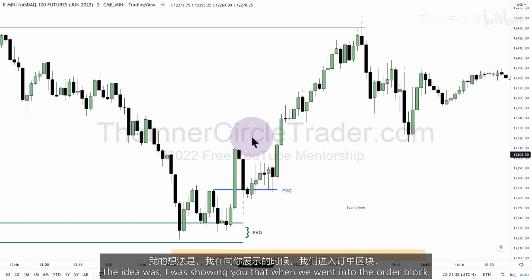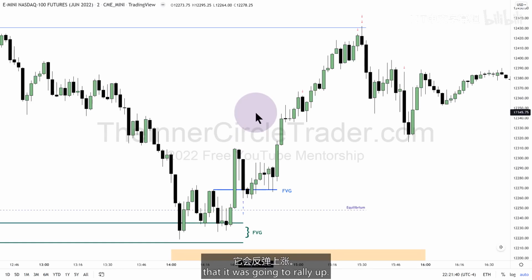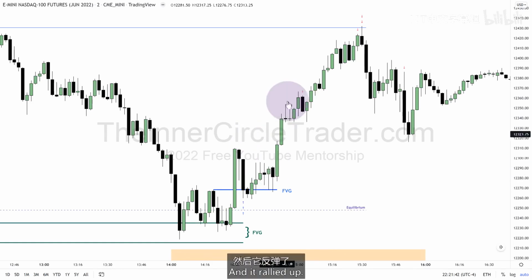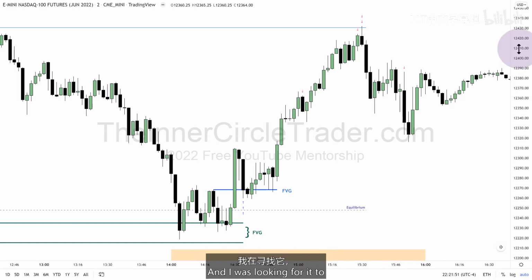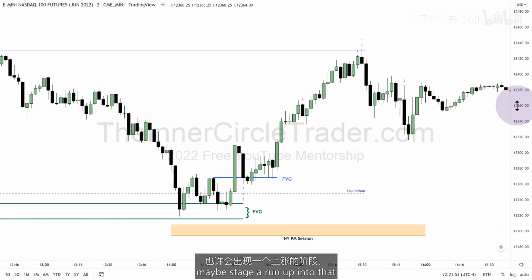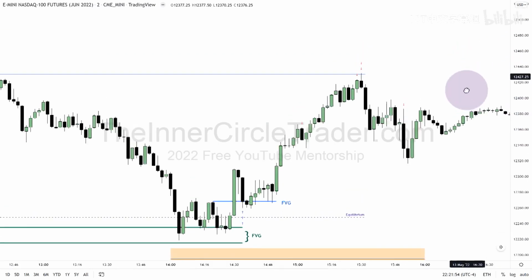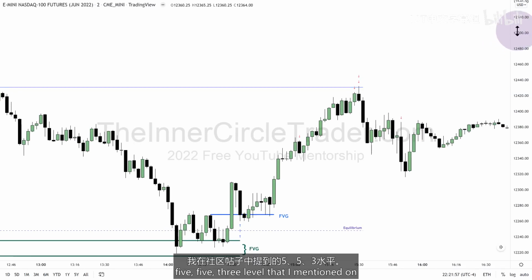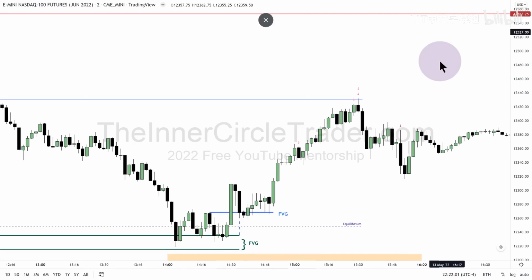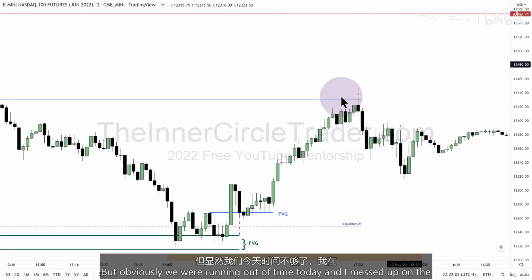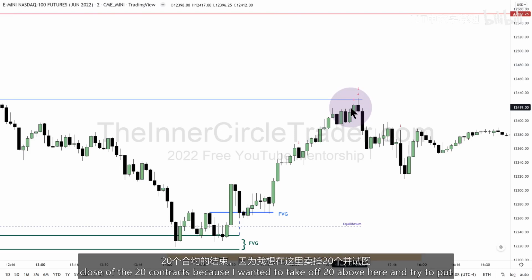The idea was I was showing you that when we went into the order block that it was going to rally up, okay? And it rallied up, and then I took off 10. A small little vignette shows me closing 10 contracts there. And I was looking for it to maybe stage a run up into that 12,553 level that I mentioned on my community posts. Okay. But obviously we were running out of time today,